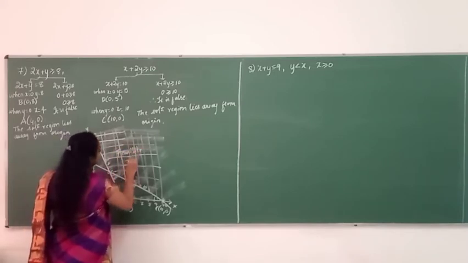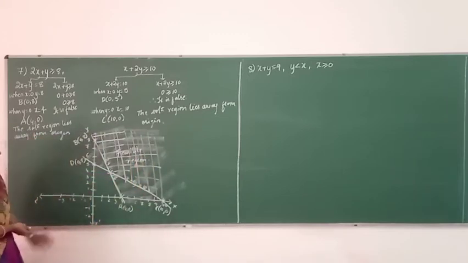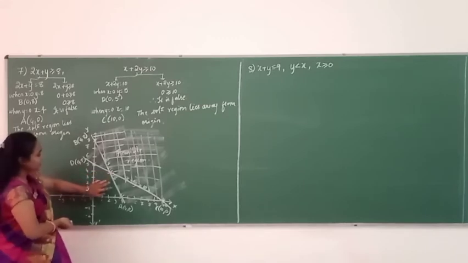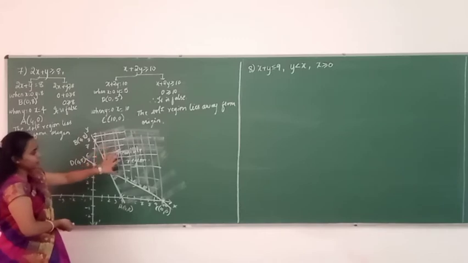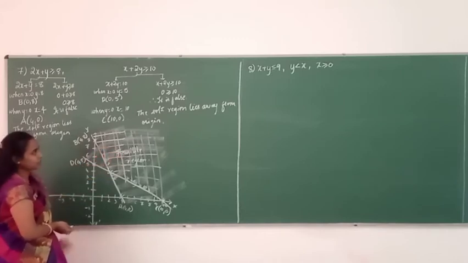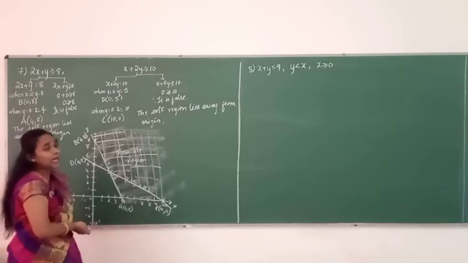Where both the inequalities are meeting, it is called the feasible region. Only when we are considering one inequality, you can write it as the solution region. Hope you have understood this. The two inequalities are shaded away from the origin, and you just check where the feasible region is. So this is nothing but the solution for the 7th one. Now let us move on with the 8th one.